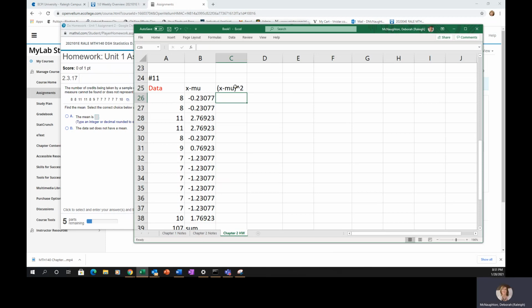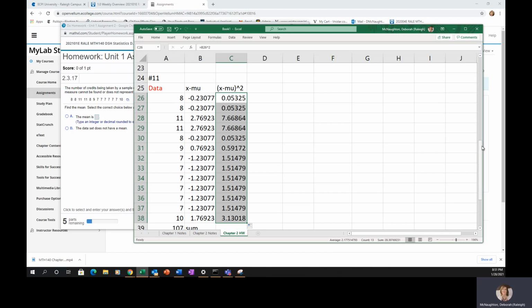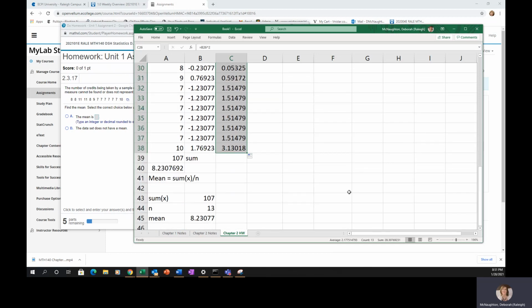So in Excel, to square something, you're going to use the caret, which is above the 6, to raise it to the power. So I already have my X minus the mean, so I'm just going to go equals this, and then I'm going to square it. So above the 6 is the caret. And then I'm just going to copy this formula. All right. And then the variance